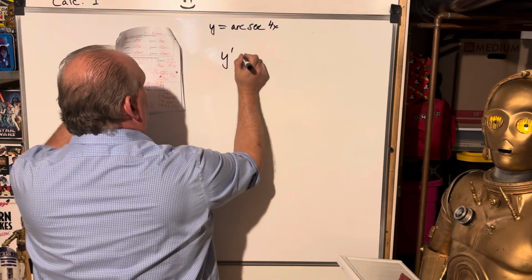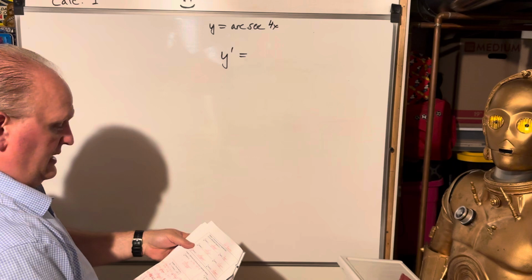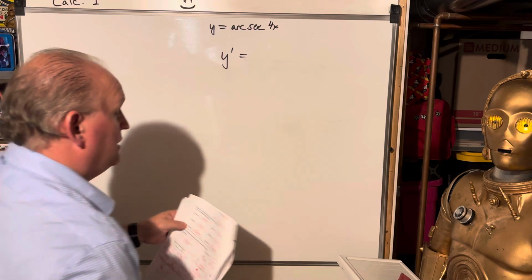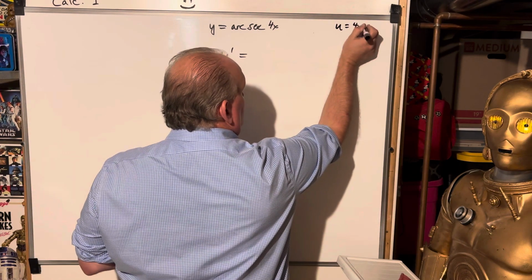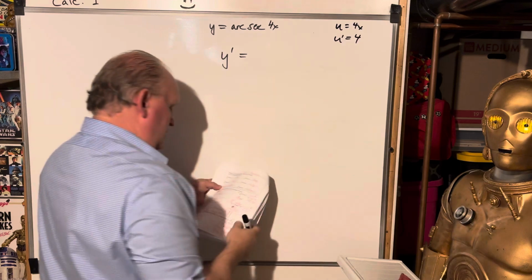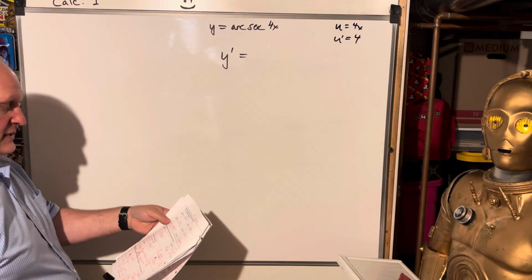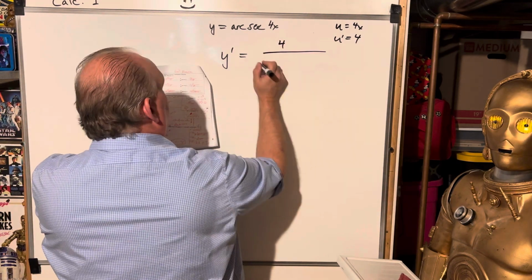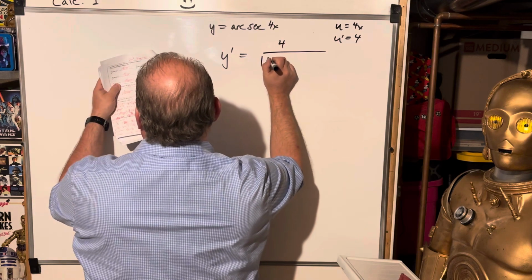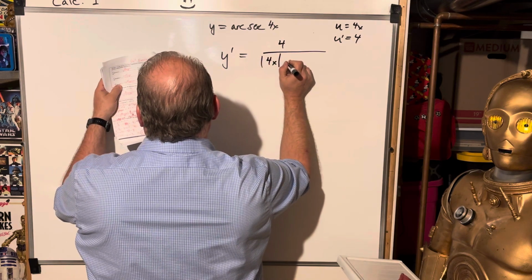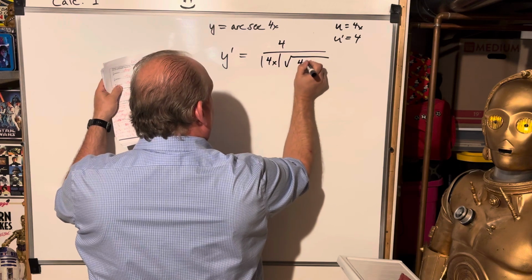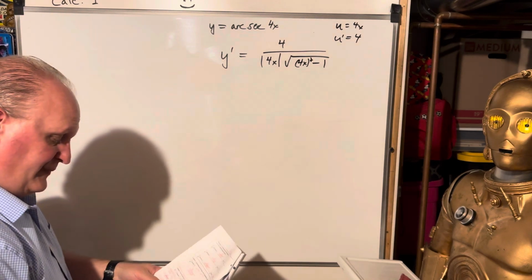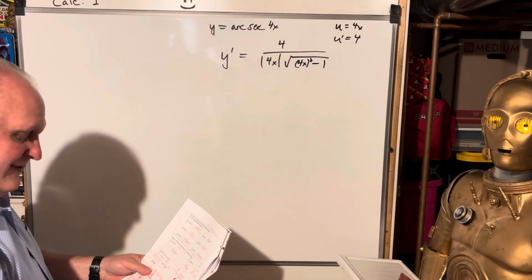So y prime for secant, we got u is 4x. And u prime is 4. And so for arc secant, that is u prime, which is 4, over the absolute value of 4x times the square root of 4x quantity squared minus 1. And so when we do f prime